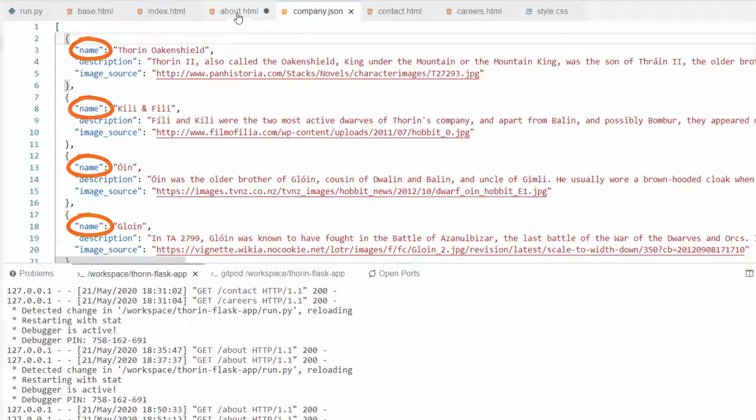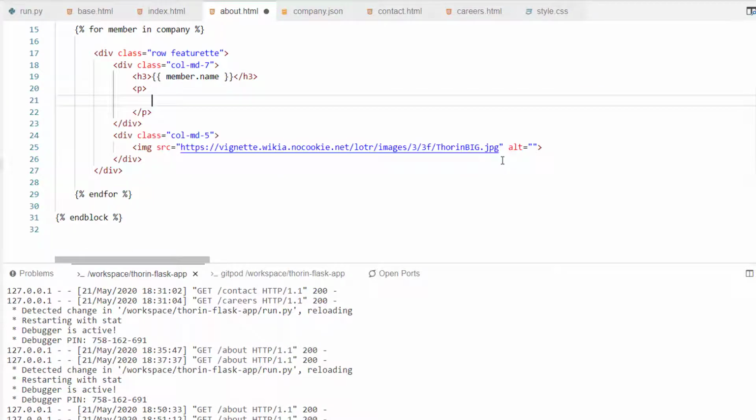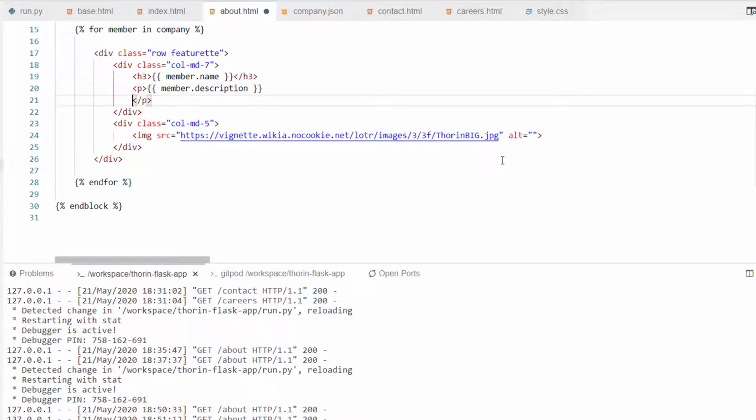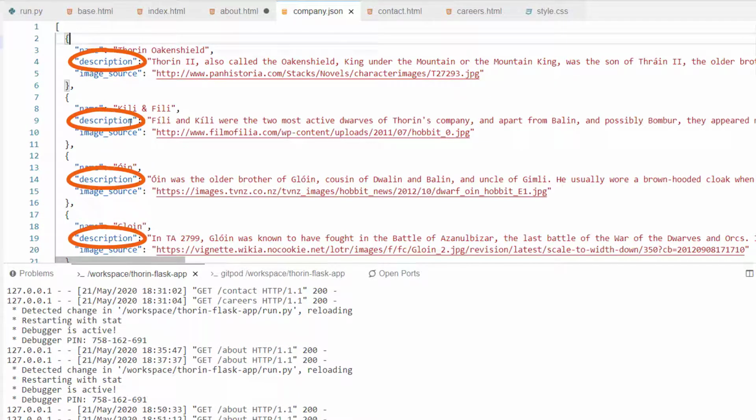Let's do the same thing for description now as well. Just highlight the biography text, delete it, and then instead you can write double curly brackets member.description closing double curly brackets. As you can see again, this corresponds to the description key from our JSON file.